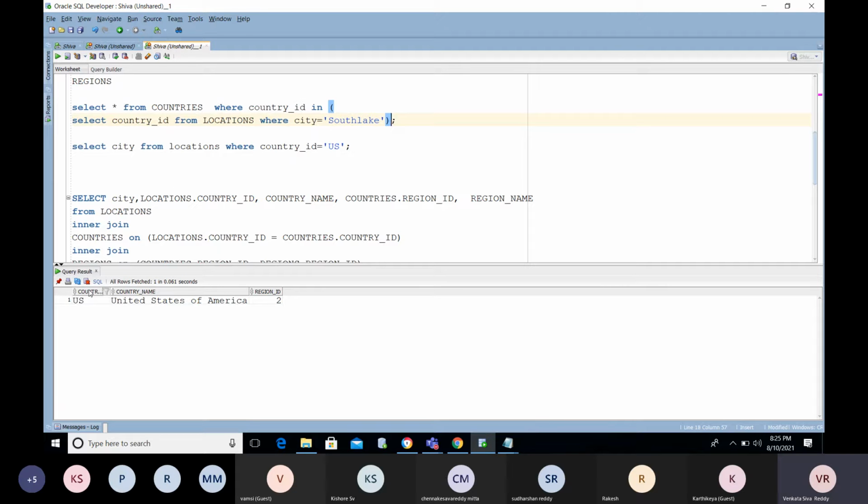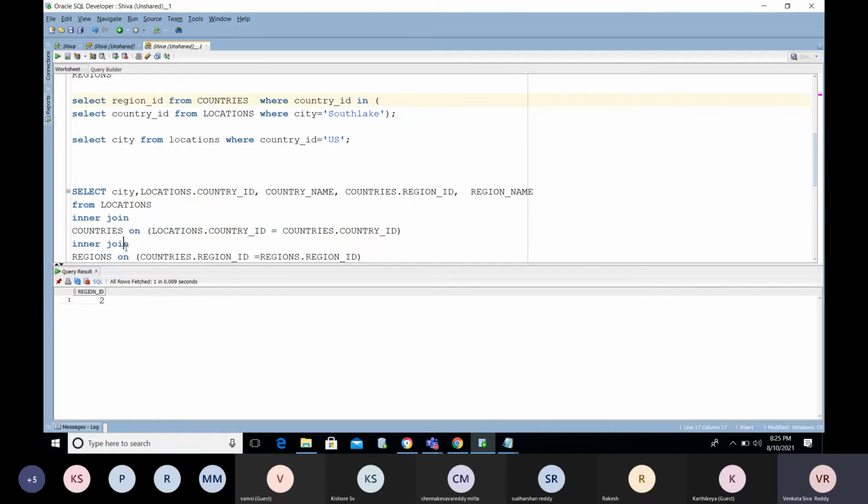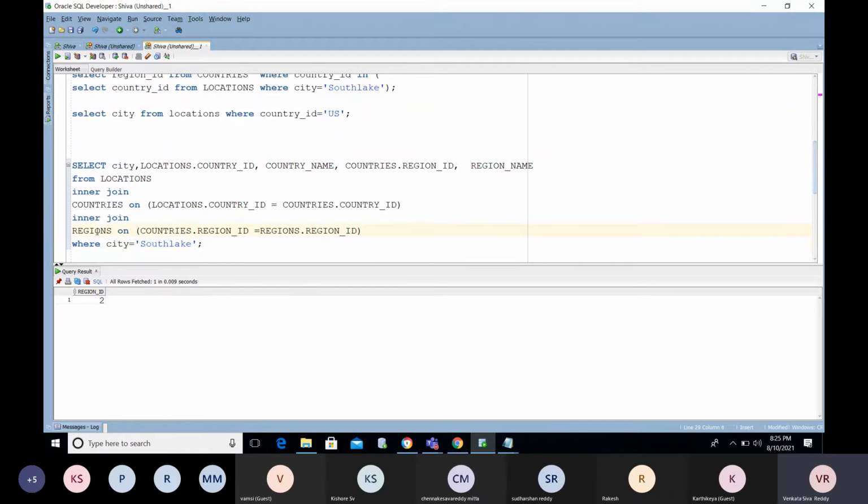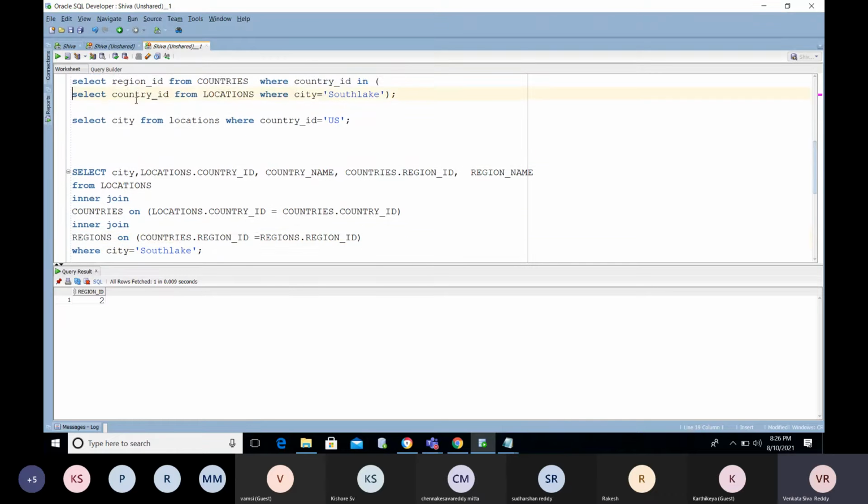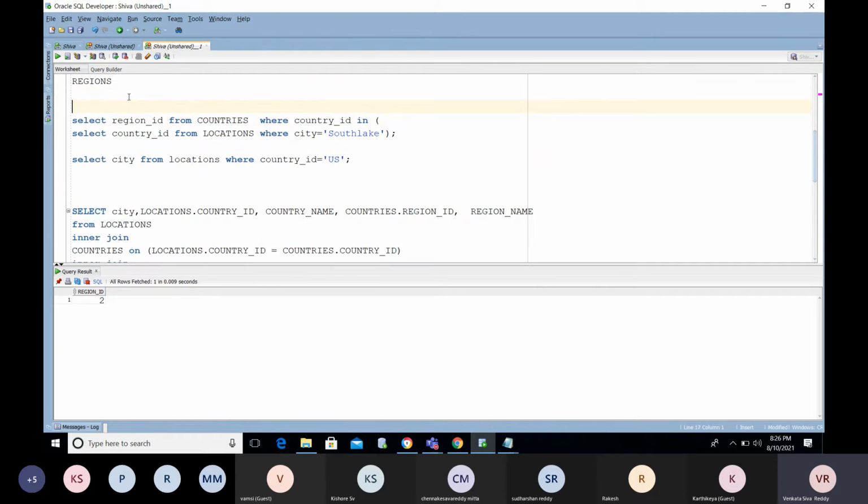Okay, now we have the country details. You can now understand which country South Lake is related to. Now we have the region ID here. You can check the region details in the region table now, and find out which region this is related to. If you are a tester, you will do queries like this. Someone doing testing will do it in a similar way.